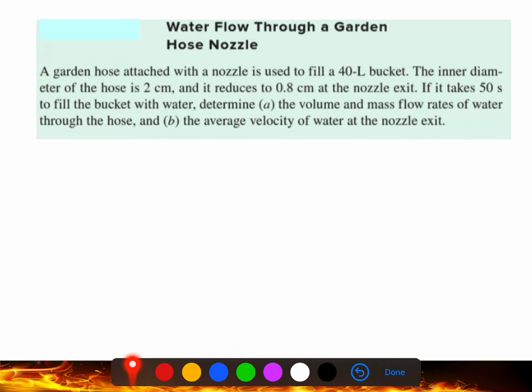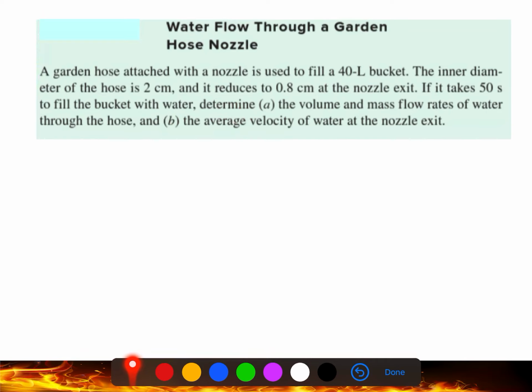So you see, guys, initially at the inlet the diameter was 2 centimeter, and at the nozzle exit it becomes 0.8. If it takes 50 seconds to fill the 40-liter bucket with water,